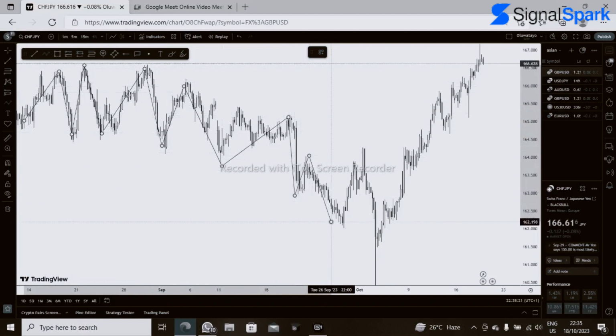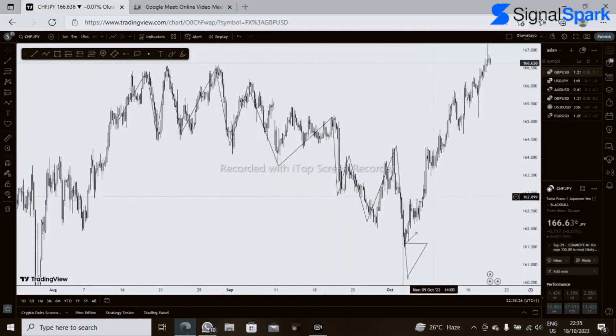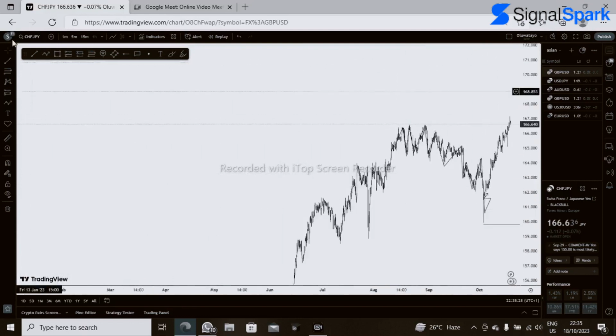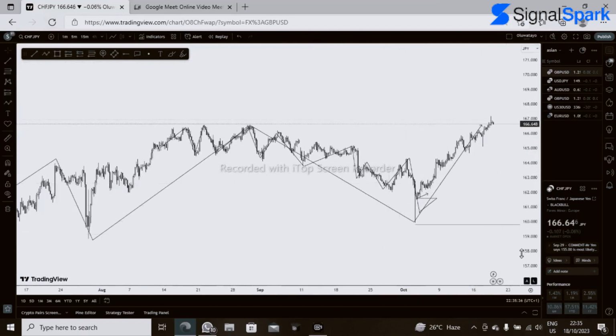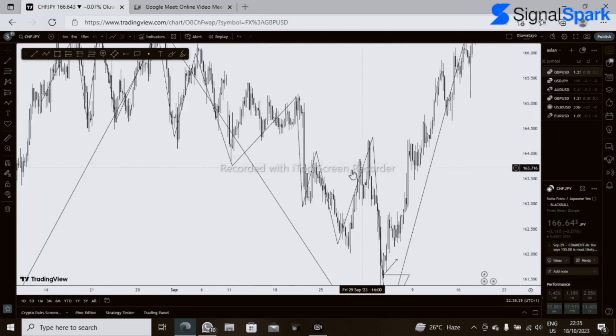Because I, as an intraday trader, I am bearish on this market. But I, as a swing trader, this is what a swing trader is seeing. A swing trader will tell you market is bullish. An intraday trader will tell you market is bearish. Now you can see how structure and how identification of structure boils down to the type of